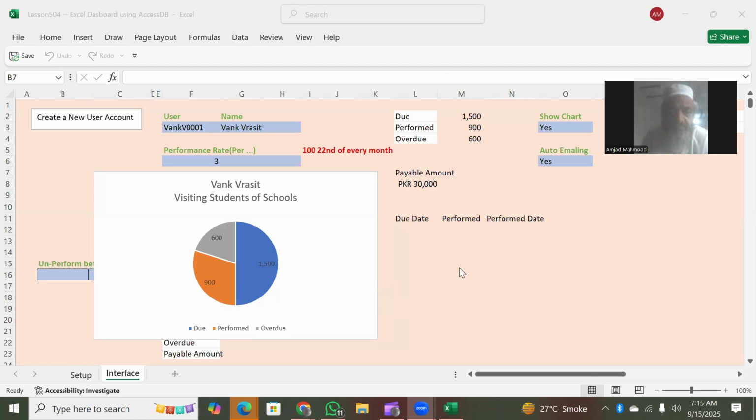We are showing you how to develop it using a front end in Microsoft Excel, and in the back end we have a Microsoft Access database having two tables, and all the data is kept in there, and the reports are generated using that data on the basis of the selection of your user. When you select a user, the report is generated on the basis of your selection and the parameters which you have here,